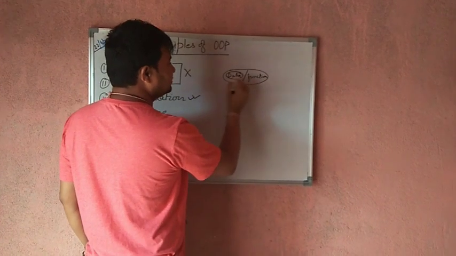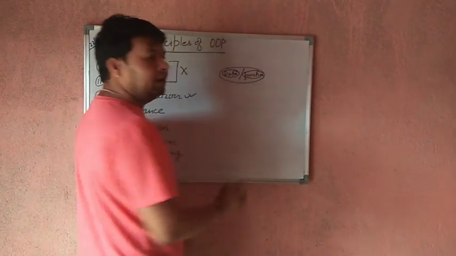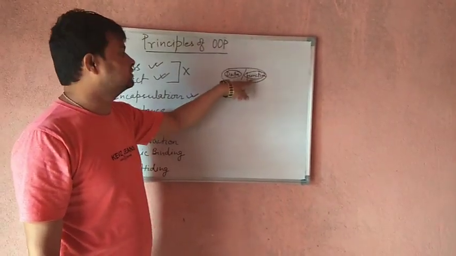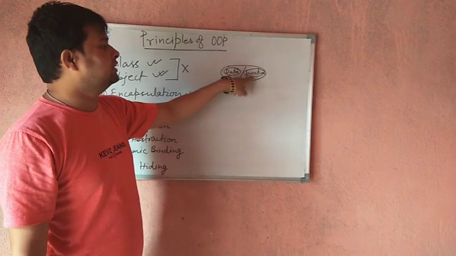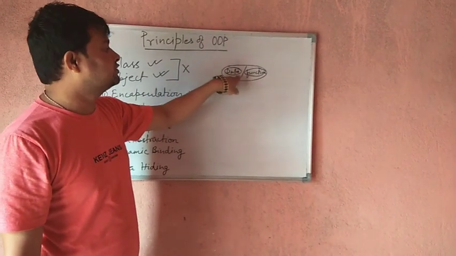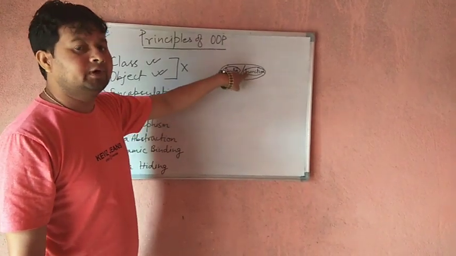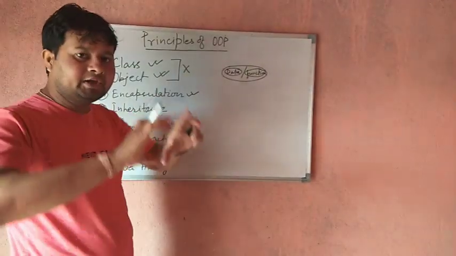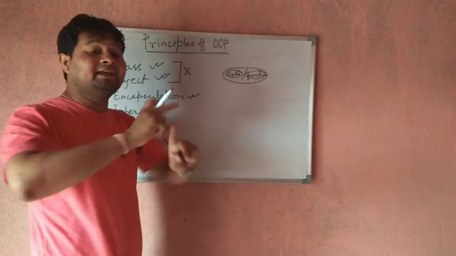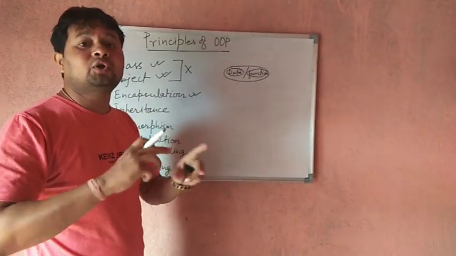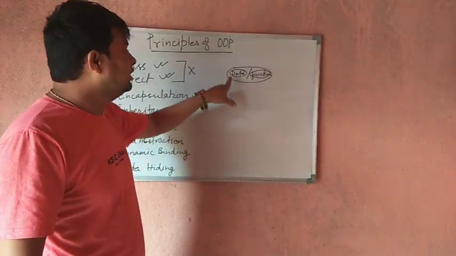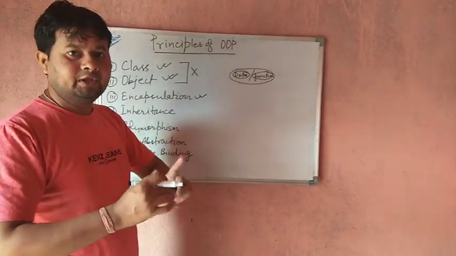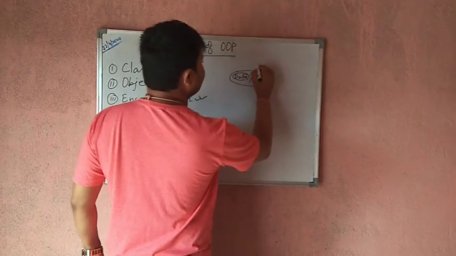You know data is something, function is something. We have already explained. So data and function. Data is characteristics, function is behavior. Characteristics and behavior, or data and function, we are wrapping together. We are keeping together inside one capsule, or like chocolate, it is wrapped. Similarly, we are wrapping this data and function together in one unit, that is called class.